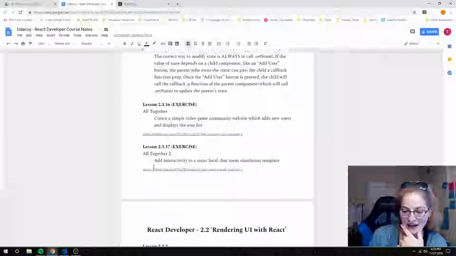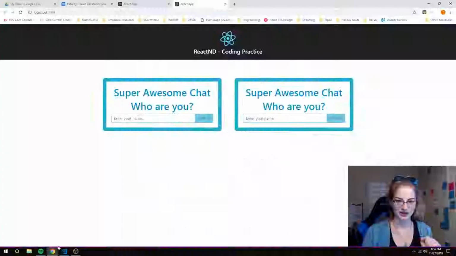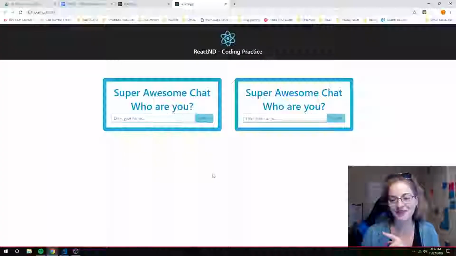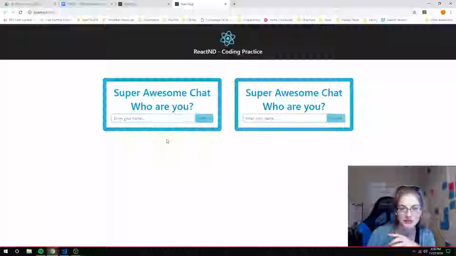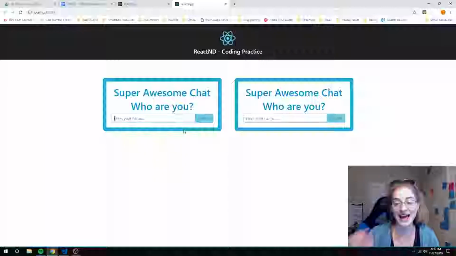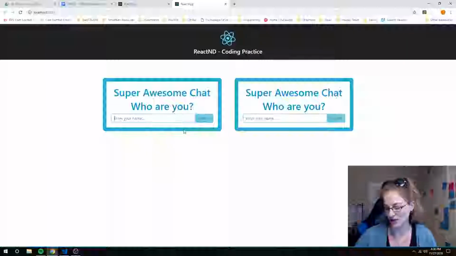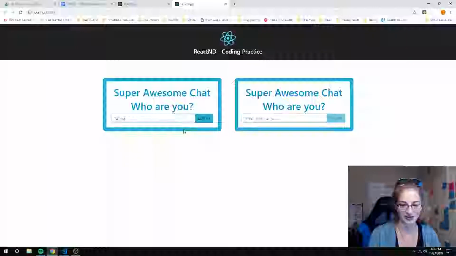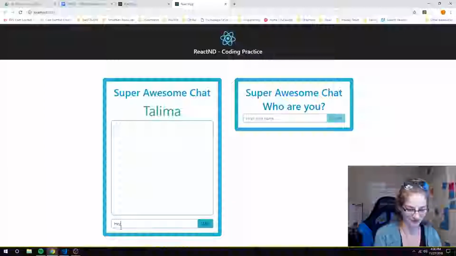The next project: add interactivity to a static local chat room simulation template. Let's pull that one up too real fast. One more second. Alright, we're still recording, so here we are. I didn't do as much styling on this because I was trying to get through the exercises by this point, but what I added is you can choose your own username. Originally this was not part of the project, but I wanted to be Talima because that's awesome. So you can log in, and now I'm Talima, and then you can write,